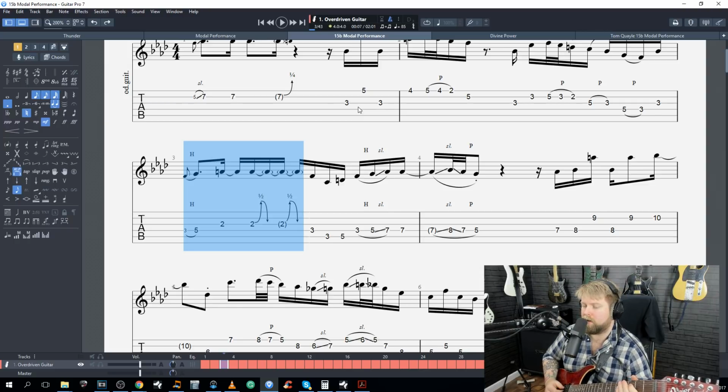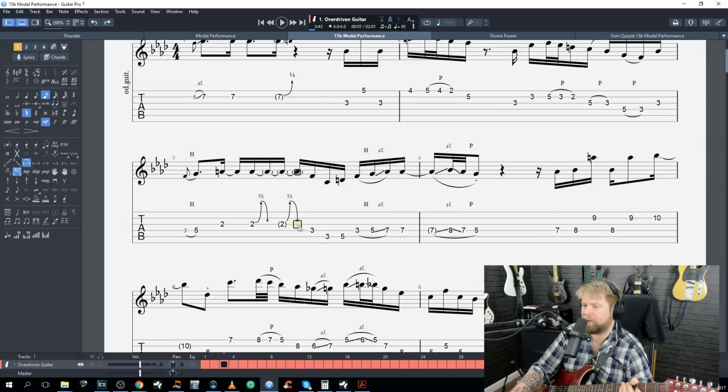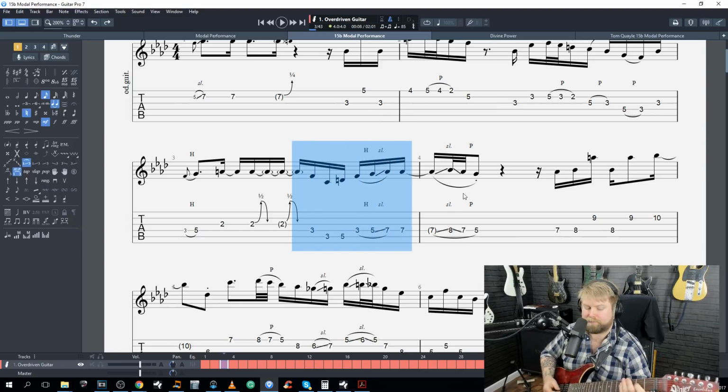So that's 1. I can't do that at the same time. I would really love to. 1, 2, 3, 4. Now if I add in this next phrase, tricky little fingering for it, but we're releasing, second fret, and then we hit